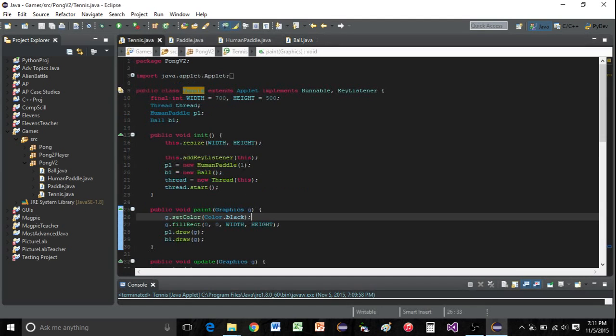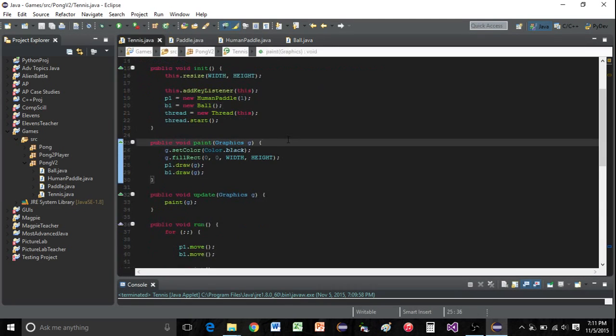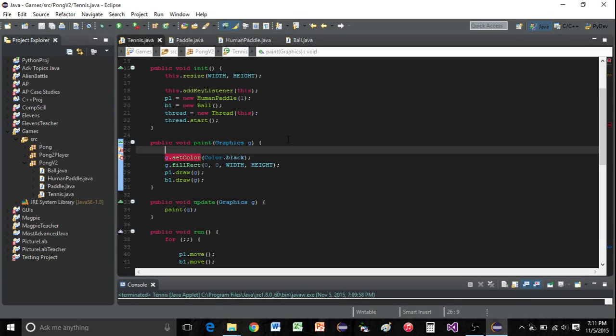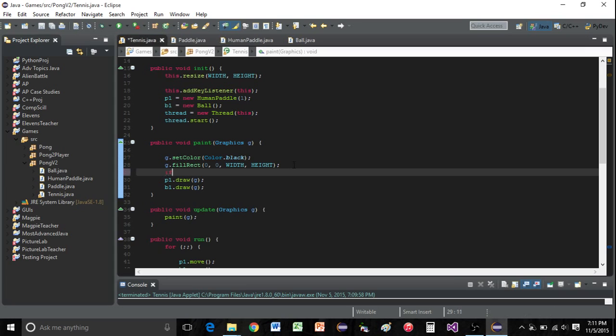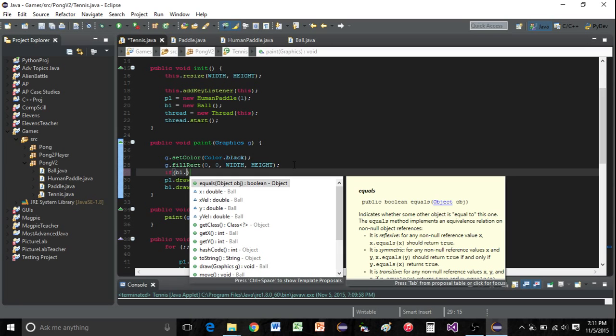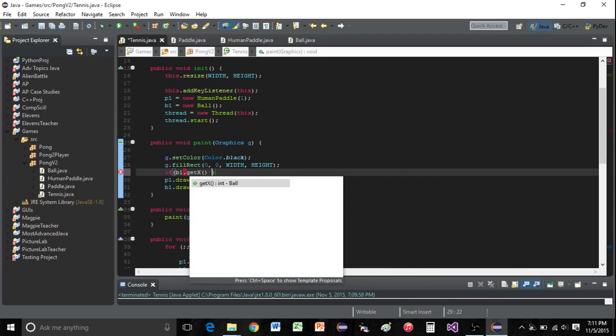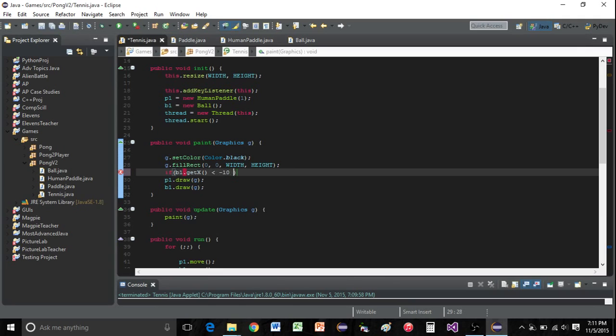So to do that, we'll just go into tennis. We're going to go into the paint method, and we'll add an if statement in here. This if statement is going to be added after we draw the backdrop. So there's our backdrop. Now we can say if, and we're going to be basing this off of the position of the ball, which is the x position. So if b1.getx is less than negative 10, or if b1.getx is greater than 710, because 700 long, so 10 would push the ball completely off, and negative 10 would push the ball completely off